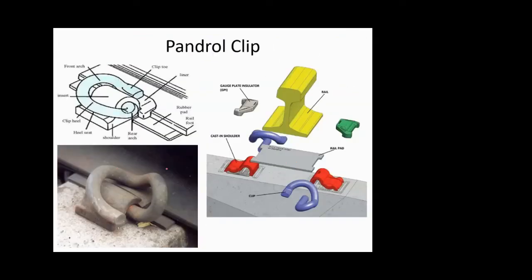Now the last part or last type of fitting and fastening that we see is the pandrol clip. Now this is the type of clip, if you see this picture that I am just highlighting. So this is the actual picture of a pandrol clip. This is almost used everywhere in Indian Railways. If you would have seen, not just in India but in many other countries also, this clip is preferred. What it is, you can say, is a sort of paper clip that you use for holding together two papers.